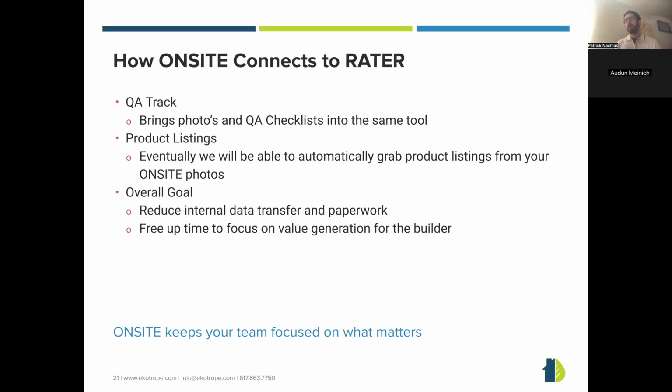Product listings. So this is where we're going to talk about AI a little bit. We don't have much AI in OnSite at the moment, but the goal is that eventually it will be able to look at a photo and read a model number. And we now have product listings and AHRI integration, so pretty soon we'll be able to go from, here's a photo of a heat pump, to